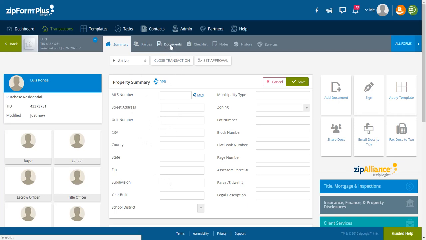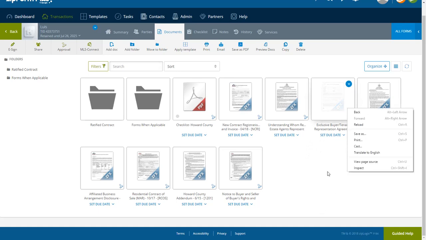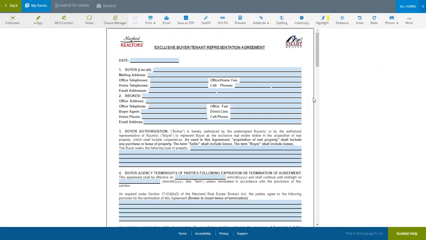But let's go to documents. Let's say we have already worked all of these forms, and we would like to sign them and send them to be signed by either our clients or, for example, the exclusive by agency agreement will want to have Juan sign it, correct? So let's use this form. Once we click on a form, it could be any form, we click here up top, e-sign,